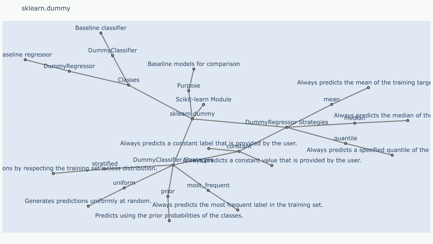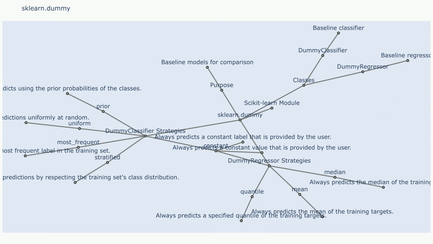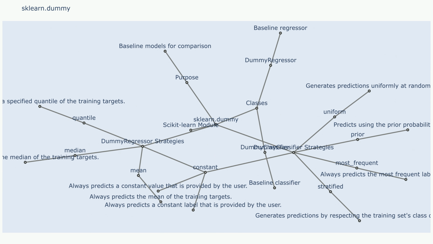# Load iris dataset. iris = load_iris() X = iris.data, y = iris.target. # Split into training and testing sets. X_train, X_test, y_train, y_test = train_test_split(X, y, test_size=0.2, random_state=42)